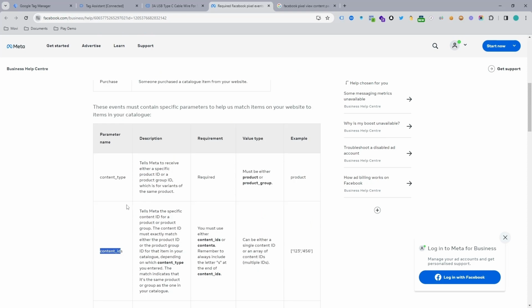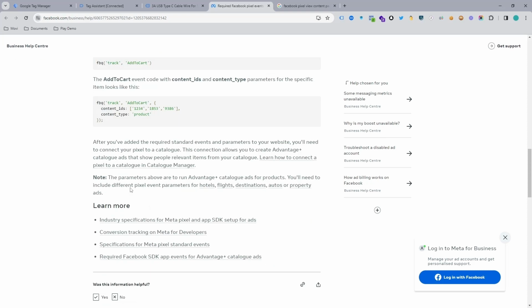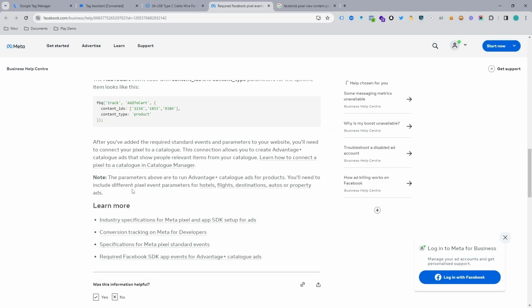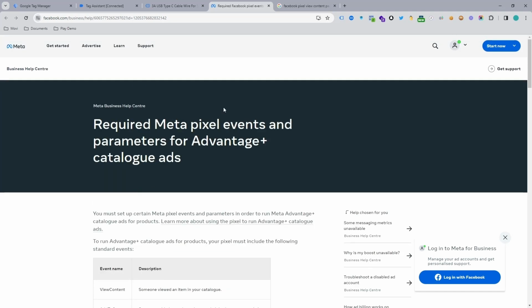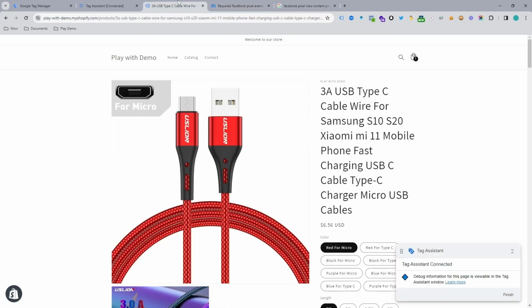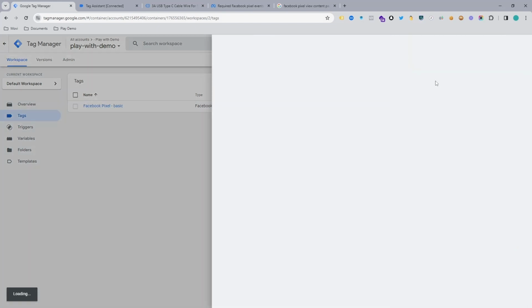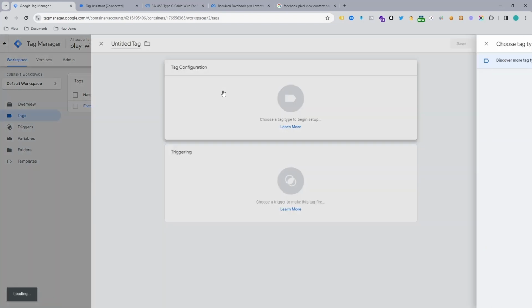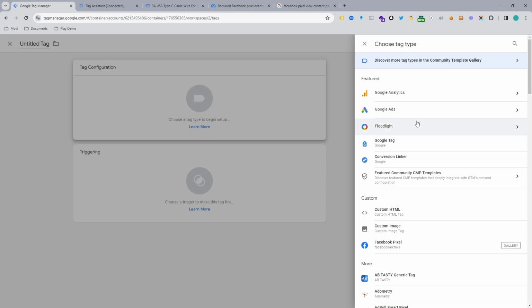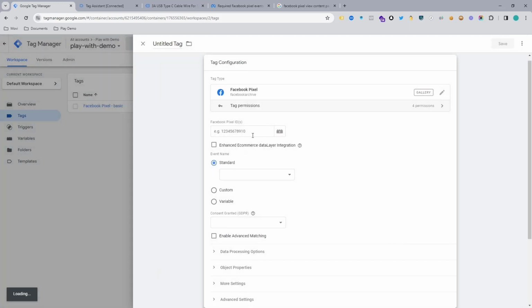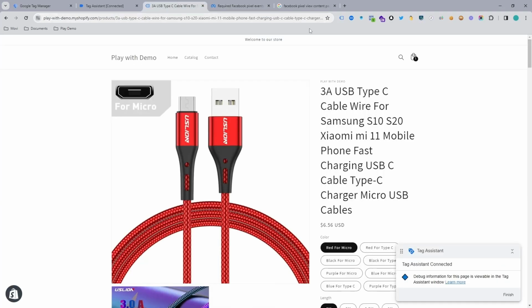So it's not strictly required, but we also send some events with another parameter. For example, let's make an event. We need to make a tag for sending the event. Just select Facebook Pixel and input the Facebook pixel code here. The pixel code, of course, you can get from your Events Manager dashboard, and we need